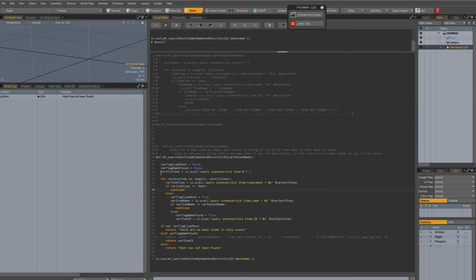And then I have my first query, sceneservice. I'm declaring a variable, and this will be an integer, returned by lx.eval, and then query sceneservice item.N question mark. This code executed by lx.eval will return the number of items that I have in my scene. And then I'm going to loop from 0 to that number,